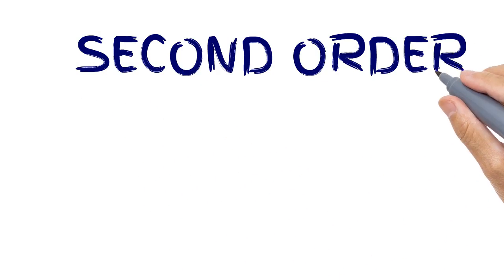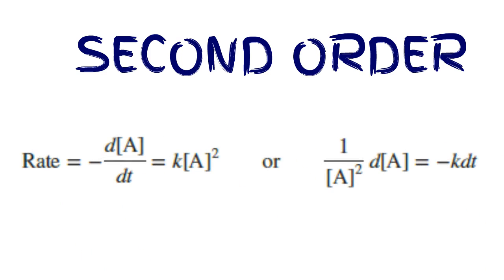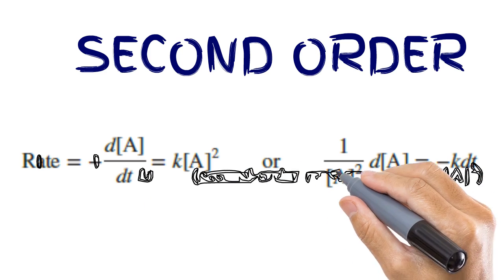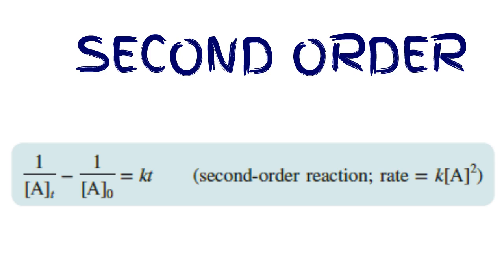For a general second order reaction involving two reactants, A and B, the expression including time is complex. In the simpler case, the rate law contains only reactant A. Setting the two rate expressions equal to each other gives, integrating over time gives the integrated rate law for a second order reaction involving one reactant. Therefore, the equation is as shown. 1 over concentration of A at time t minus 1 over concentration of A naught equals k times time for a second order reaction,